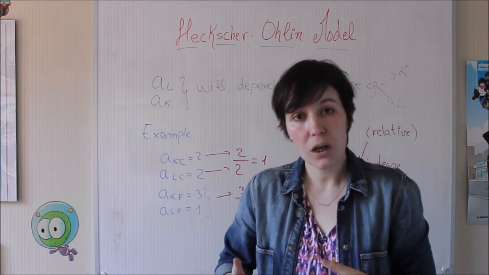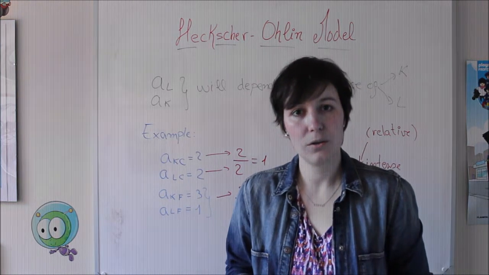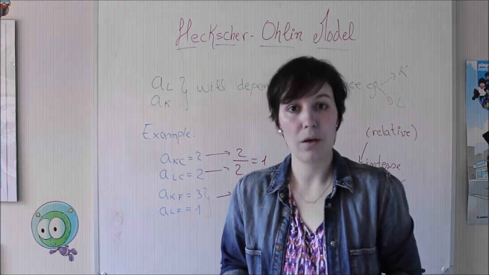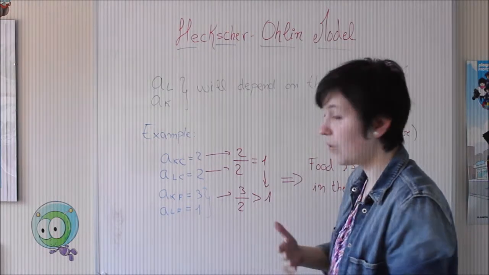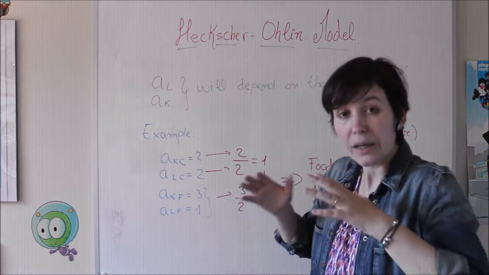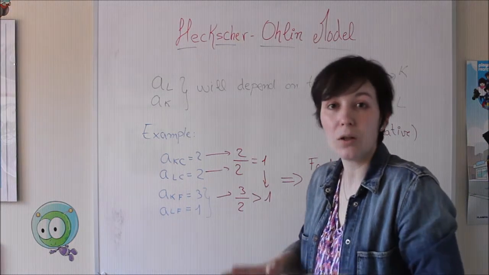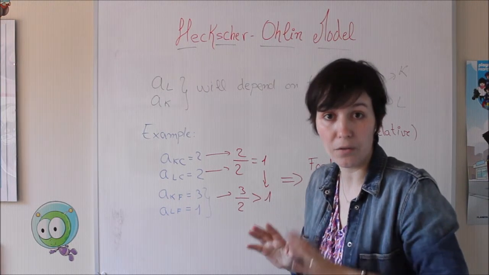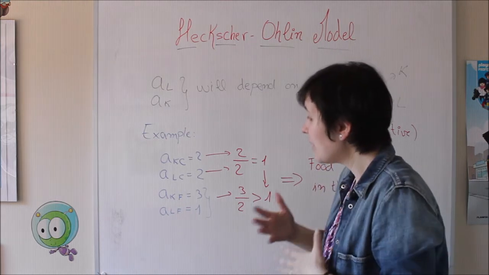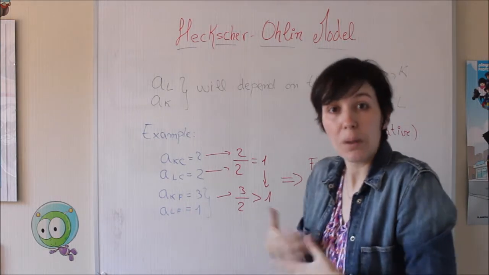We are going to see all the possible combinations, and that is going to be the PPF. When you are combining all the possible combinations of labor and capital, given the amount of labor and the amount of capital that you have in your economy, because those variables are fixed, that is going to be the PPF